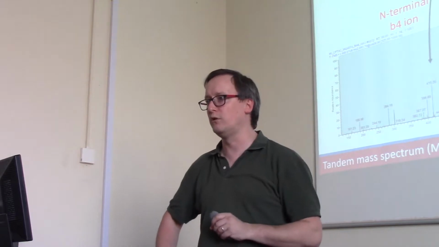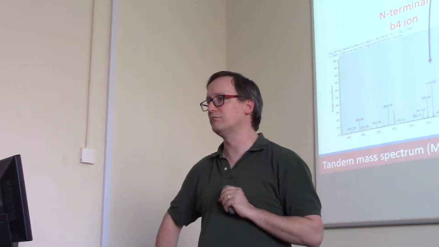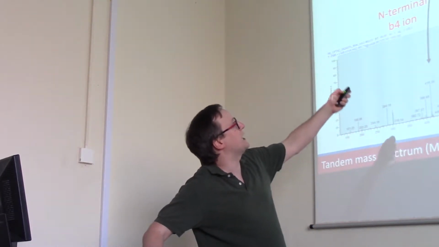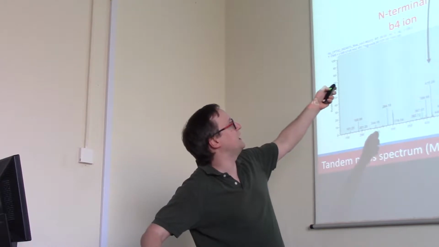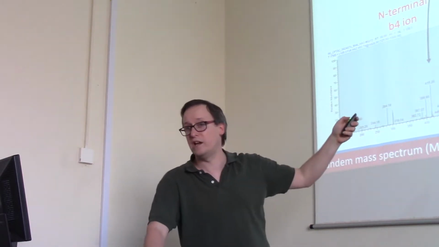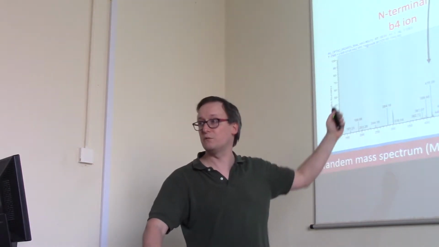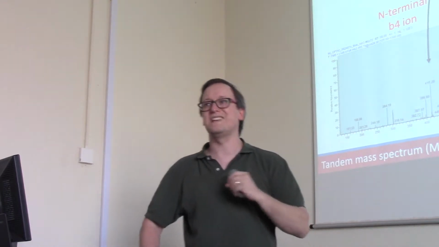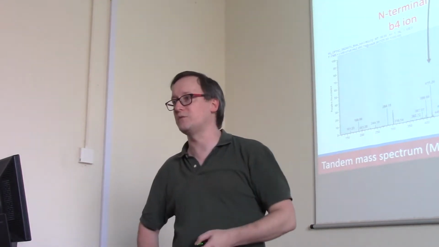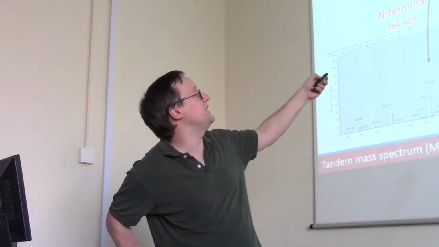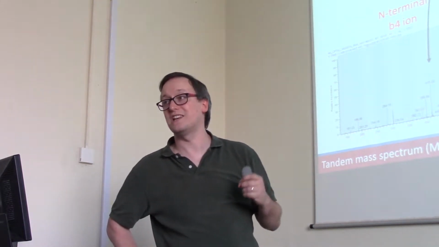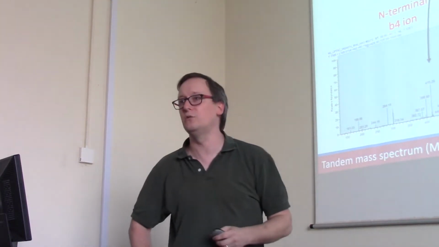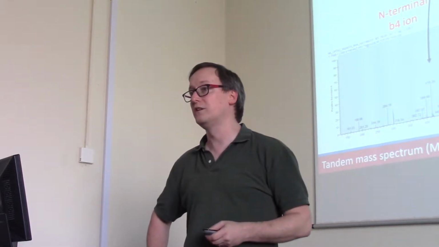Now, who would feel comfortable reading the sequence from these fragments? I'll give you a clue how you do that. Look, if you had a break here, you would create a B3 ion and a Y7 ion. Does everyone see that? Because the left contains 3 amino acids, the right contains 7. If you were to do that, you would get a Y ion that's how much more massive than the next smallest one? The only difference between them is that the Y7 contains an extra isoleucine. If we know that this one's mass is 572, we can add the mass of isoleucine to it, which is